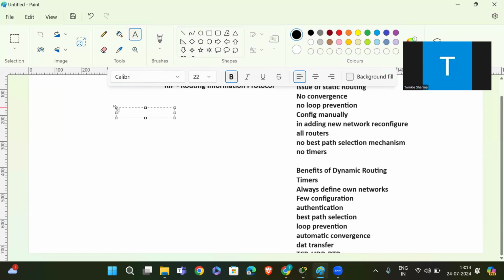Types of dynamic routing protocols. Here we have two protocols, IGP and EGP.